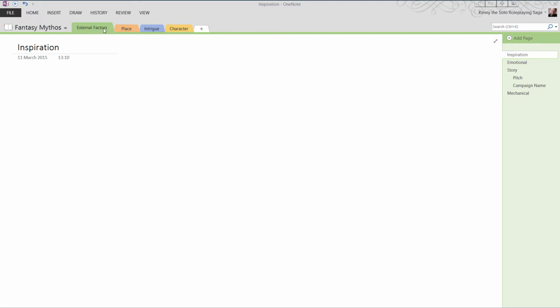Along the top here I've got the external factors, I've got place, intrigue and character, the 4 pillars of Epic. This time I'll be talking through external factors, and on the right here you can see inspiration, emotional, story and mechanical, the 4 important sub pillars to be found within external factors. The first section, inspiration,